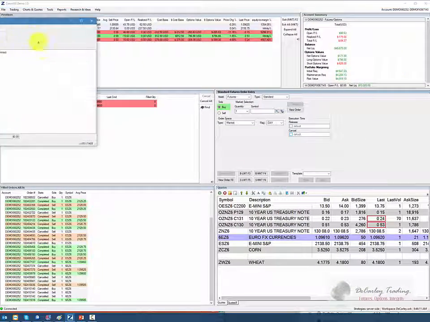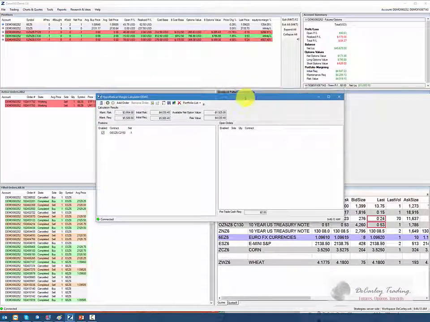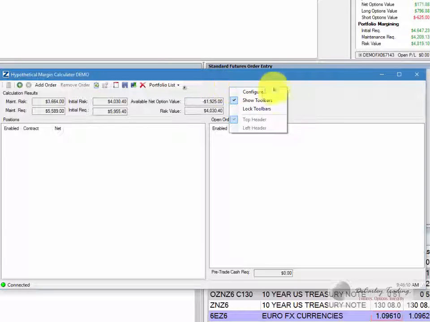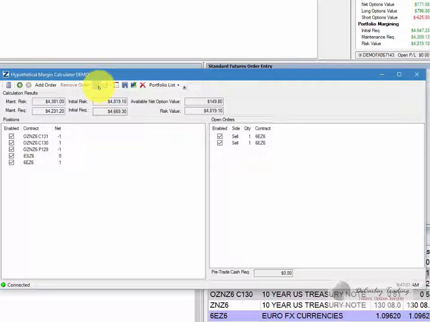I recommend that you use the hypothetical version, and the reason being it's a little more user-friendly, and it gives you the ability to add and subtract positions that are currently in your portfolio or some trades that you're thinking about putting on in a relatively easy format. If for some reason you don't have a toolbar at the top of your calculator, right-click and check Show Toolbars. Once you have the toolbar visible, you can easily import your current portfolio by clicking this arrow, the green and